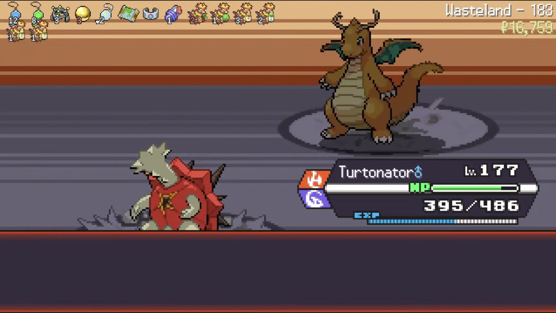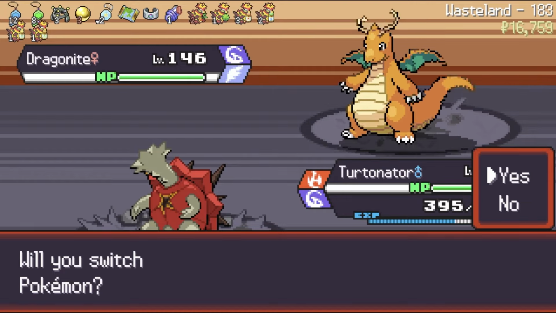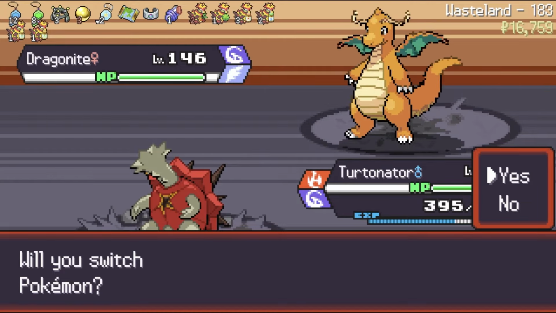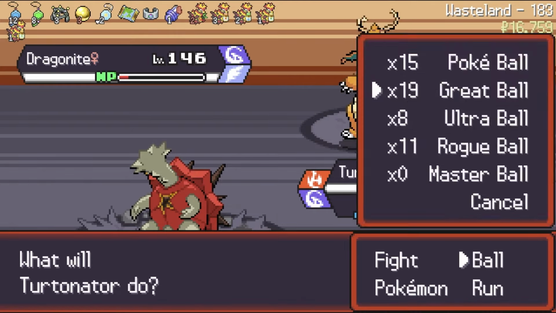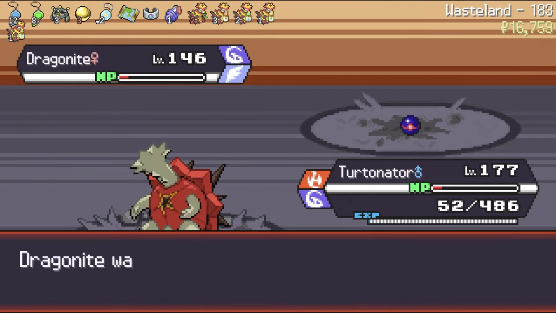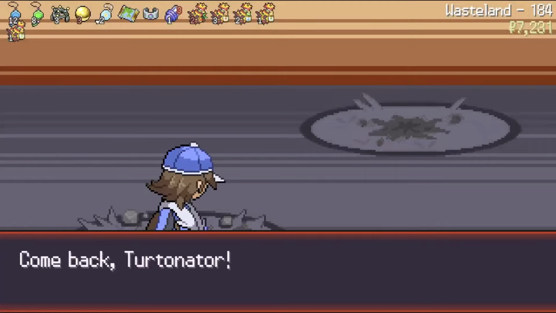But on floor 183, we run into a Dragonite. If we can catch that, it will be a huge upgrade from Altaria. Turtonator almost gets taken out in the process, but we do catch the Dragonite. It has pretty good IVs and a good nature as well. So we drop Altaria like a sack of taters, heal up our team, and move on to floor 184, our